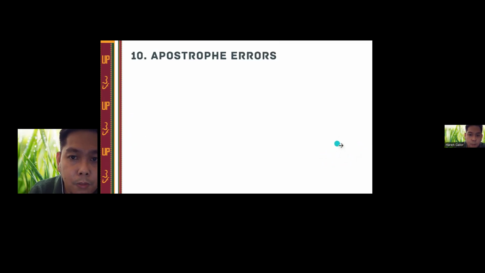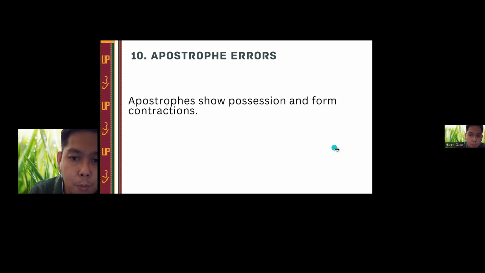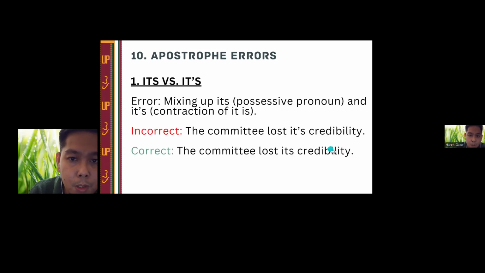Moving on, we have apostrophe errors. Apostrophes show possession and form contractions. In this example, the most common error is interchanging its without an apostrophe with it's with an apostrophe. So its without an apostrophe is actually a possessive pronoun, and it's with an apostrophe is a contraction, or a shortened version of it is. So here in this example, the committee lost its credibility, and here we can see that its